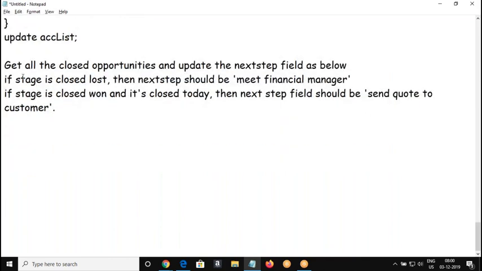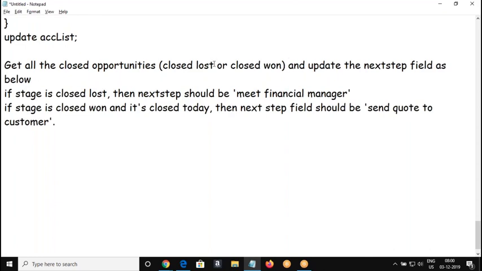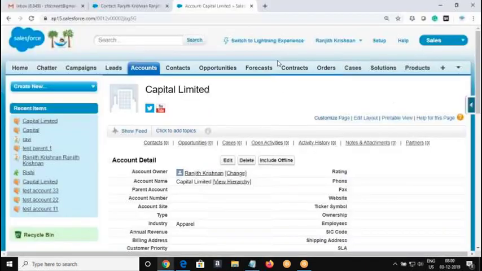So what is my requirement? Get all the closed opportunities. When you say closed opportunities, it can be closed lost or closed won. Either you close the opportunity with the win status or you lose the opportunity. So when you see the opportunity record,